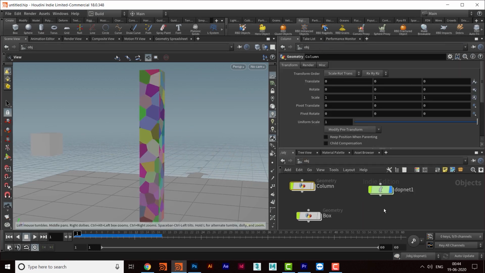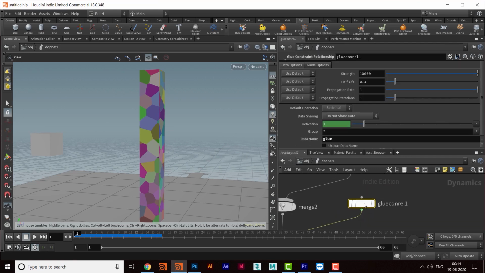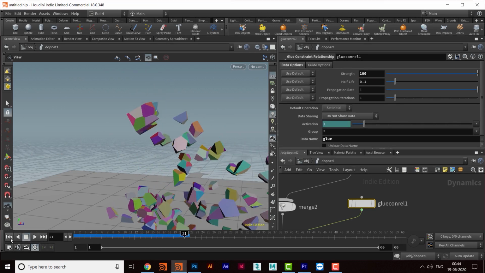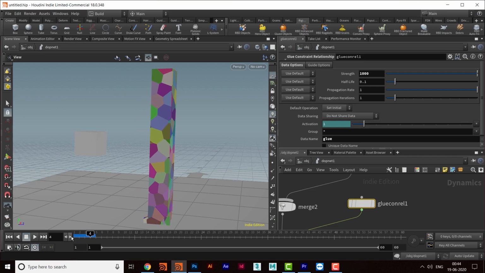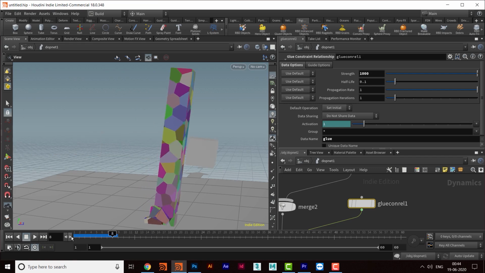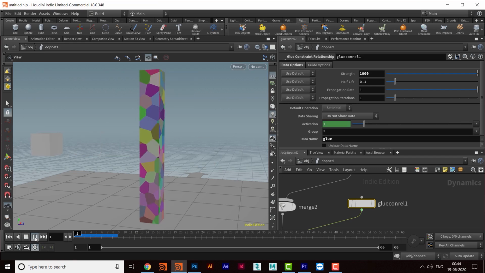So what I will do, I will go back in the DOP and I will reduce the strength to 100. Okay, I'll have to make it 1000. Okay, so now what is happening?